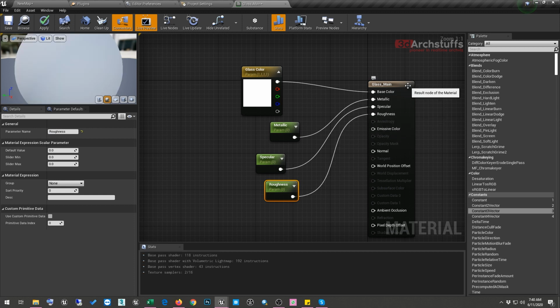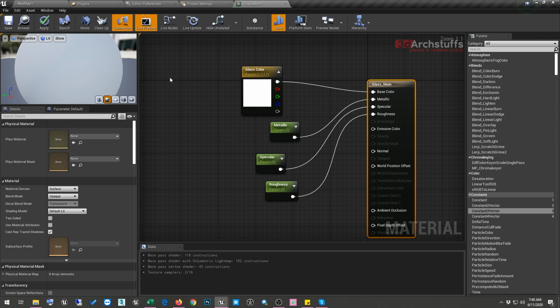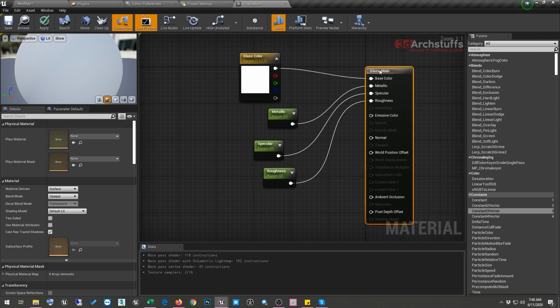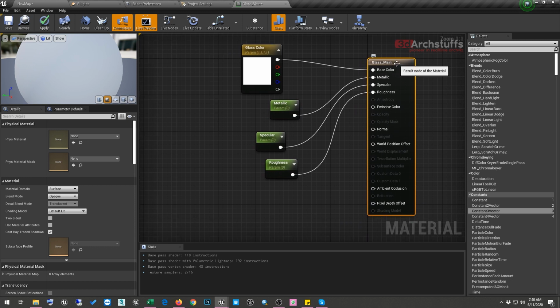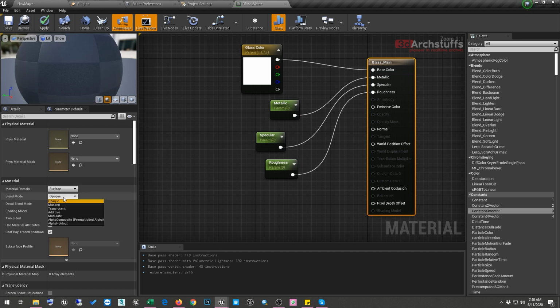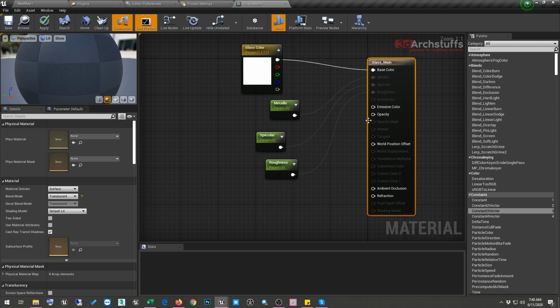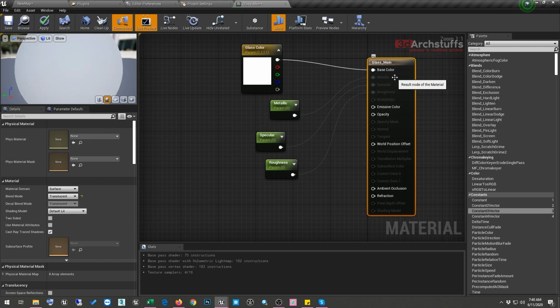Now you have to select the base material here, because it's glass, we need translucency on this material. I selected this glass main node of the material, then go to the material on the left side, to blend mode, and change it from opaque to translucent. The moment you change it to translucent, your metallic, specular and roughness will be grayed out.